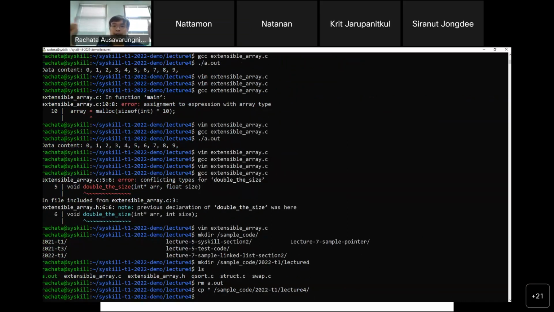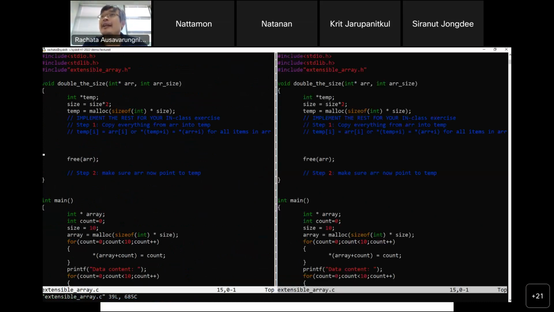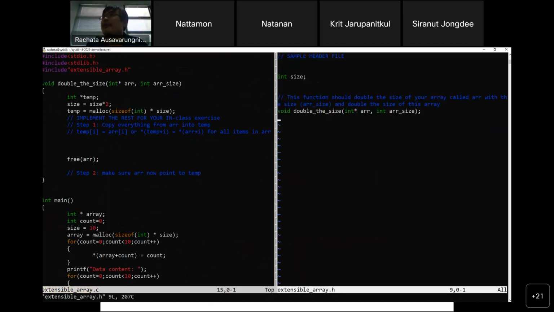All right, so now everything should be there. Oh, okay. I think you still need to name a variable size. So let's see. I might make some mistakes here because I haven't tried to compile. Oh, yeah. Good point for sure. Good point. In extensible array.h, this should be named AR size.